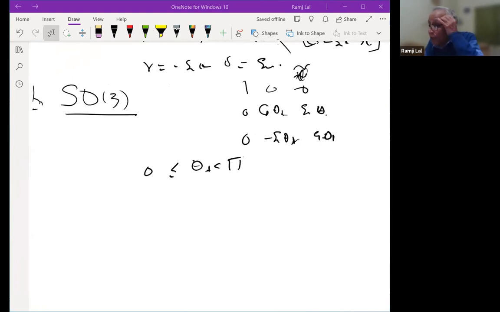And what about O3? There is one more class, which is your minus 1, 1, 1. Every orthogonal matrix with determinant minus 1 will be similar to that, will be conjugate to that. So I'll do this in a more general setting. So that is this, right? Incidentally, O3 I'll describe maybe. Okay, so that is there.